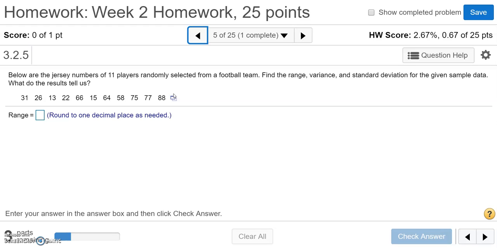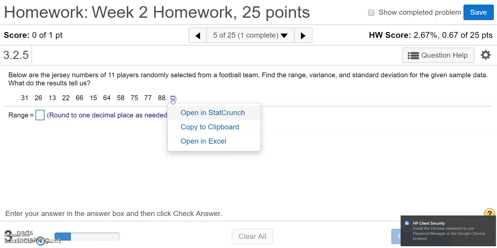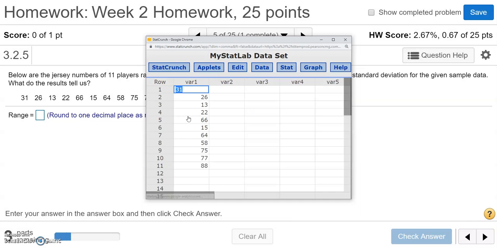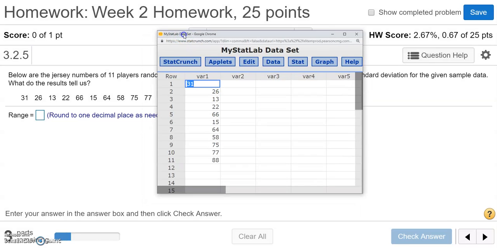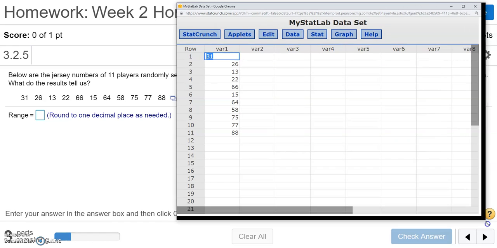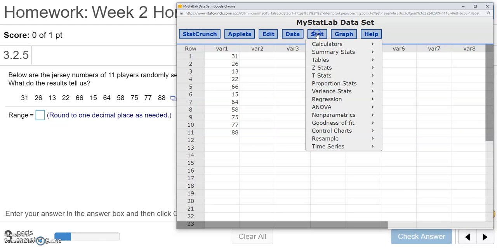So to open the data in Statcrunch, we're going to click this little blue box that's right next to the data, and we're going to choose Open in Statcrunch. Let's see if we can make this a little bit bigger. That's better. So to generate descriptive statistics, we're going to go to Stat, Summary Stats, and since our data was